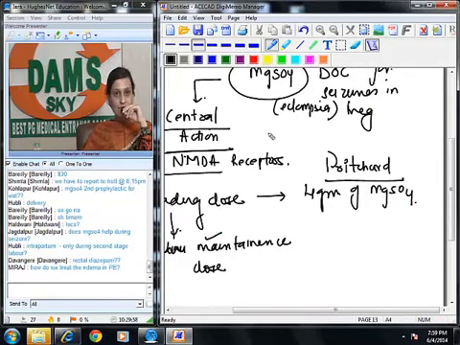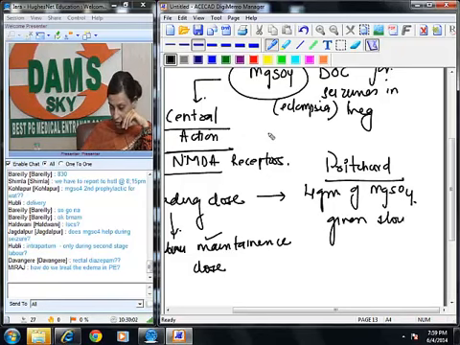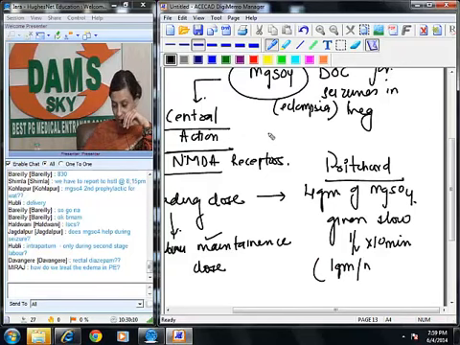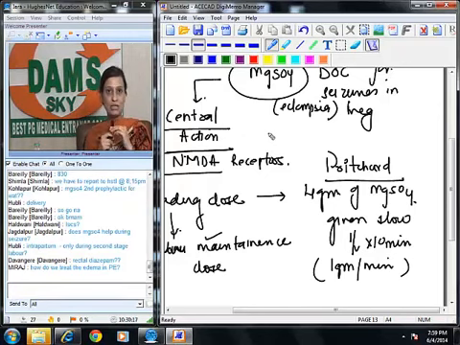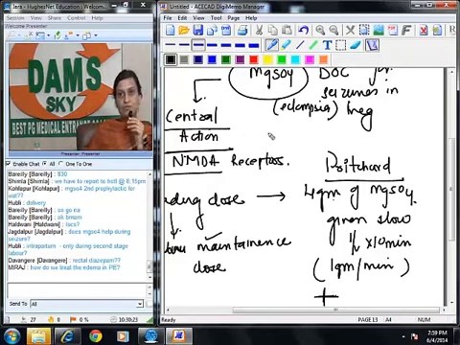The loading dose is 4 grams of magnesium sulfate given slow IV over 10 minutes. Alright, the minimum rate should be 1 gram per minute. But preferably we give it slow IV over 10 minutes. After this we give, so loading dose is 4 grams IV plus